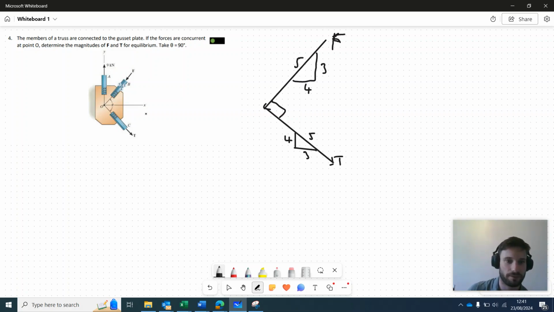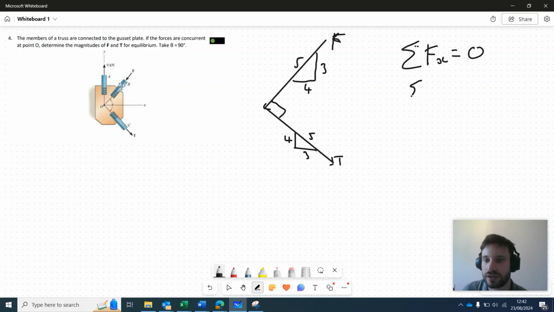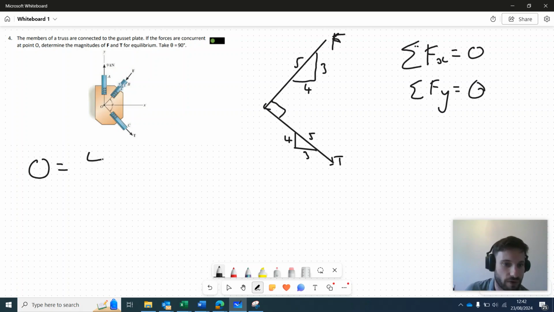Okay, so we understand that this system is in equilibrium, or that we're looking for the values of F and T where the system is in equilibrium. This means that the sum of the forces in the horizontal direction can be taken as 0, and the sum of the forces in the vertical direction can also be taken as 0. Let's start by resolving horizontally then. So we can say that 0 is equal to 4/5